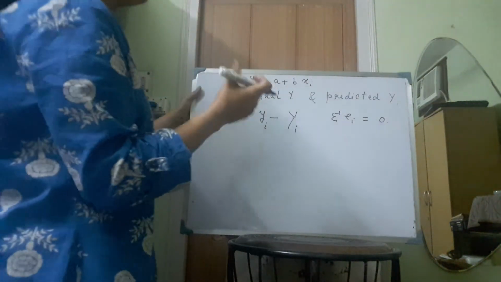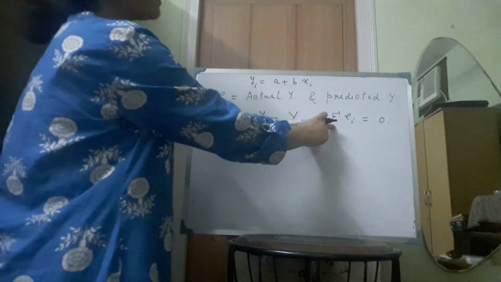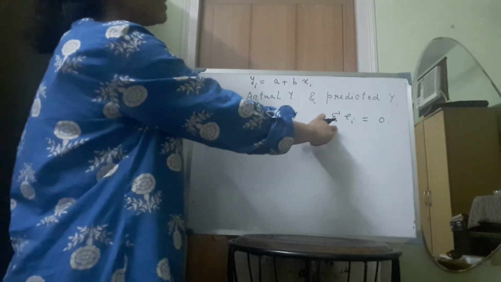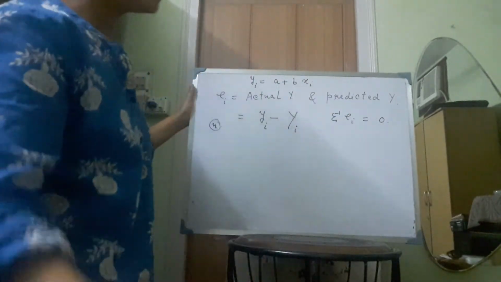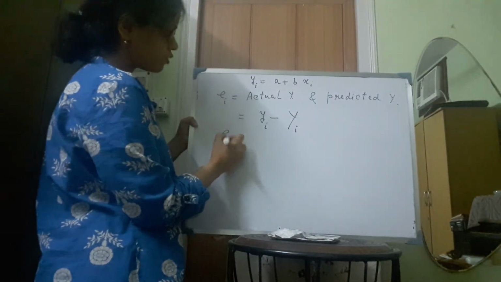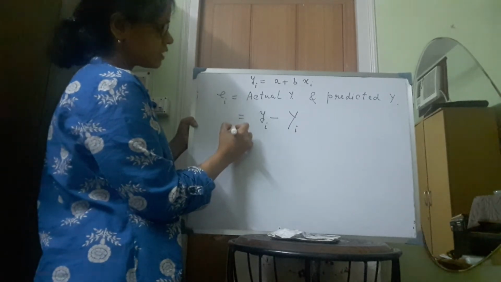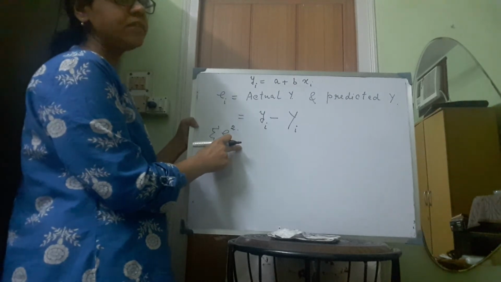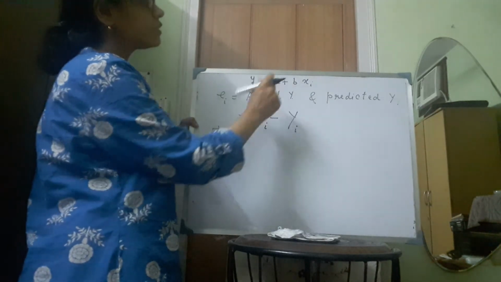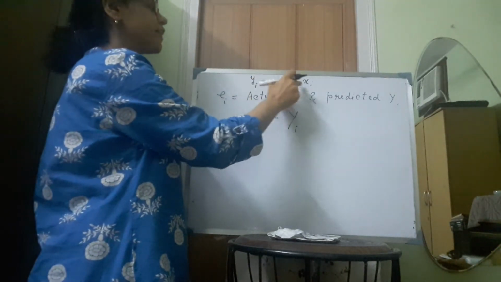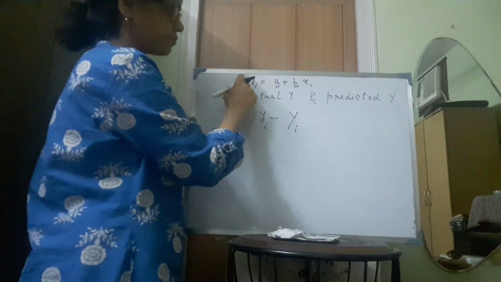So in order to minimize this error, if we take simply the summation of ei, then we cannot minimize that error, because in that case the summation of ei will be 0. So what do we have to do? We have to take the sum of the square of the error terms. So first we have to take the square of the error terms, and then we have to take the summation, and then we can minimize this total error in order to predict the value of b and the value of a, and then after predicting the value of a and b we can get the predicted value of y.